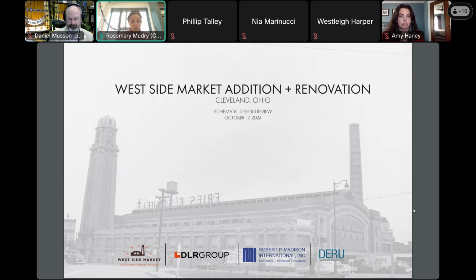And the fourth piece is also to ensure that the market is a space where we are participating in the regional food scene, and also, through the master plan, creating a sustainable operating model. Many of these elements that you're seeing are very critical to ensuring that the market can become a sustainable operation. It currently loses $1 million a year, and that doesn't include capital renovations. That's just daily operating costs.